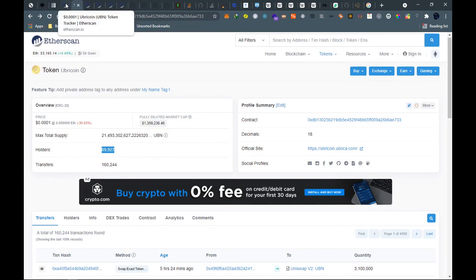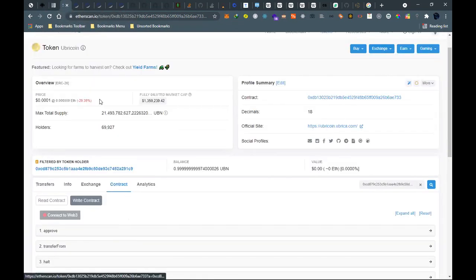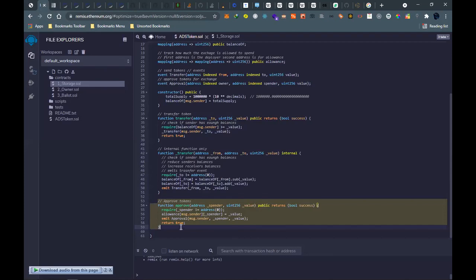So that is approve. It also has a Boolean, which can either be true or false, and if it's successful, it should return a true value.